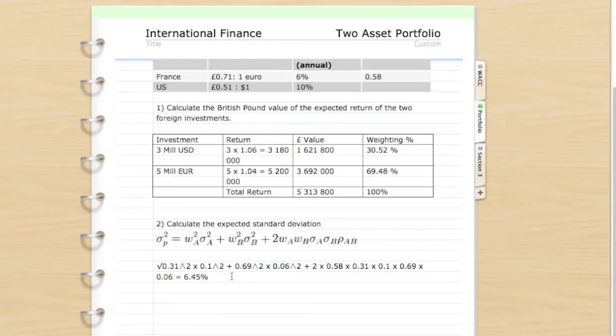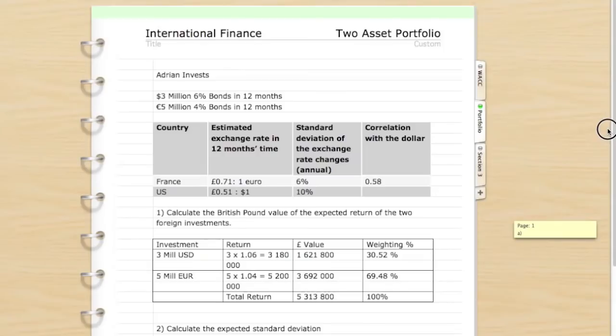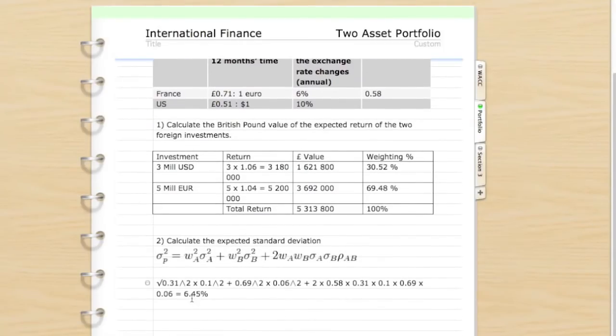and that's going to give us a risk of 6.45%. So that's the volatility of our portfolio if Adrian wishes to invest in these two markets. He should expect a risk of a volatility of